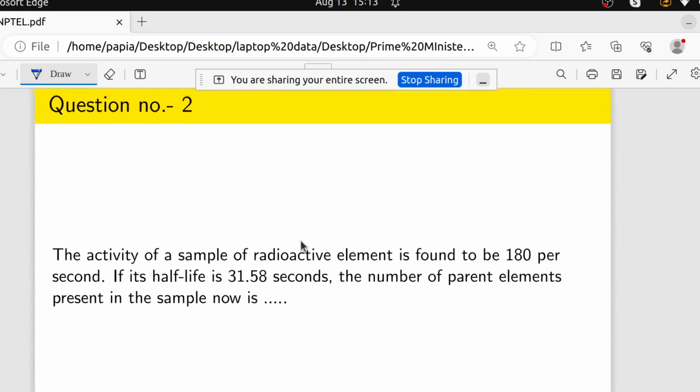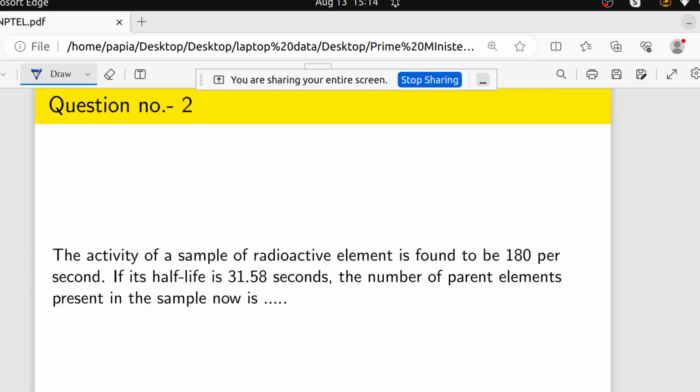Now coming to the second question. What is the question here? It was totally based on the radioactivity chapter. In week number 3, the third week, Dr. Paulos taught about radioactive materials and what radioactivity is. So all the remaining questions of assignment 3 will be on radioactivity.